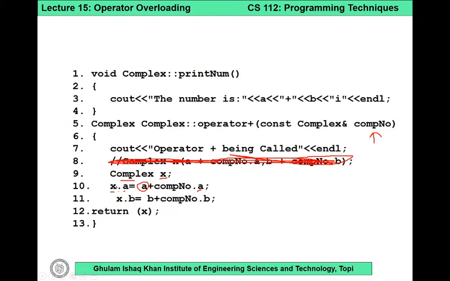They get added and they are assigned to the a of x. Similarly, b of this own class and b of the comp number which is passed to it, they get added and it gets assigned to the b of the instance x, and this x is being returned here. Now whatever we have done here can also be done using a single line, line 8, which initially I tried to hide